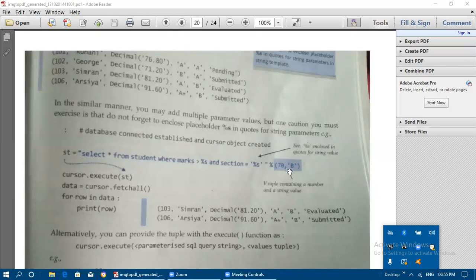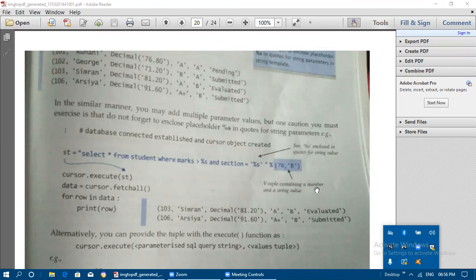When you are passing a tuple, inside the tuple, integer values and numbers can be represented without single quotes, and with single quotes you need to pass the string values. So 70 is going to be copied in the place of the first percentage s, and the second parameter, that is section, should be enclosed within single quotes. Then close the double quotes here, that is for the f. The template we need to close fully here, and after this comes percentage and the value.